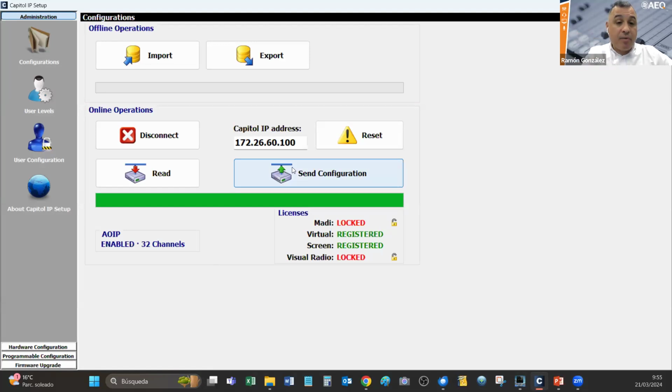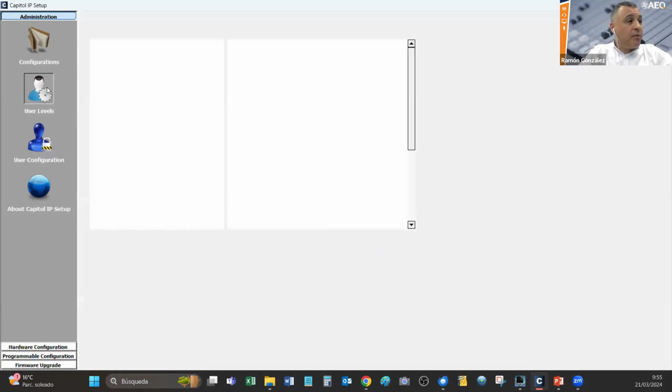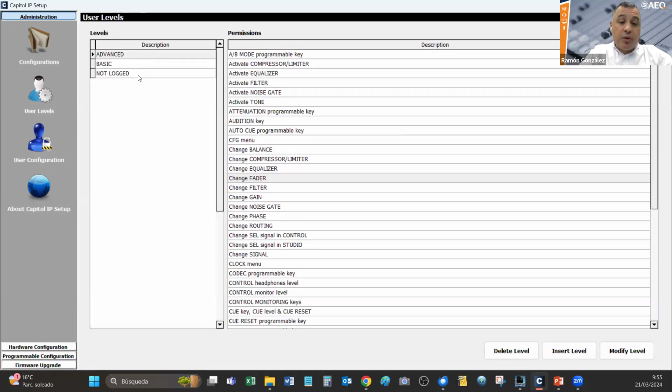We can send the configuration that we can make using this software. Below there is the area, sorry, in order to see what licenses you have activated in your Capital IP. Okay, quick review, user levels. We are up to 3 user levels for security access, where you